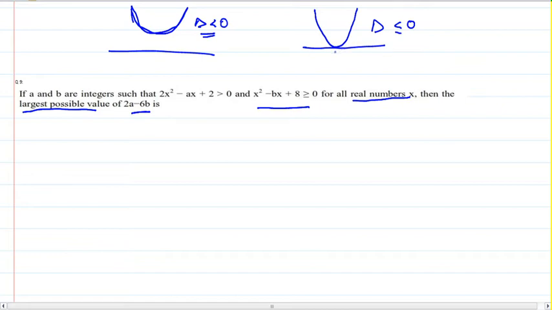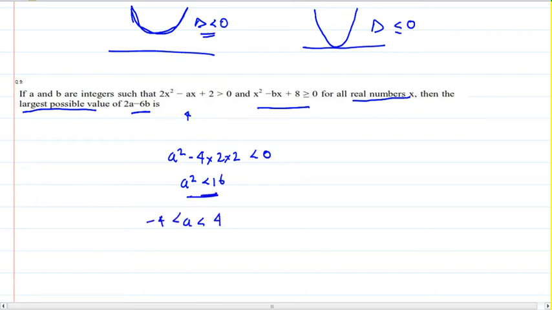Understand? This is the theory of quadratics. If you are aware of this, then only go into this question, otherwise skip it. Now what is delta? Square of the middle term minus 4 times the first and the last term. I want it to be below 0. So what I get here is a square is less than 16. I get a between 4 and minus 4.